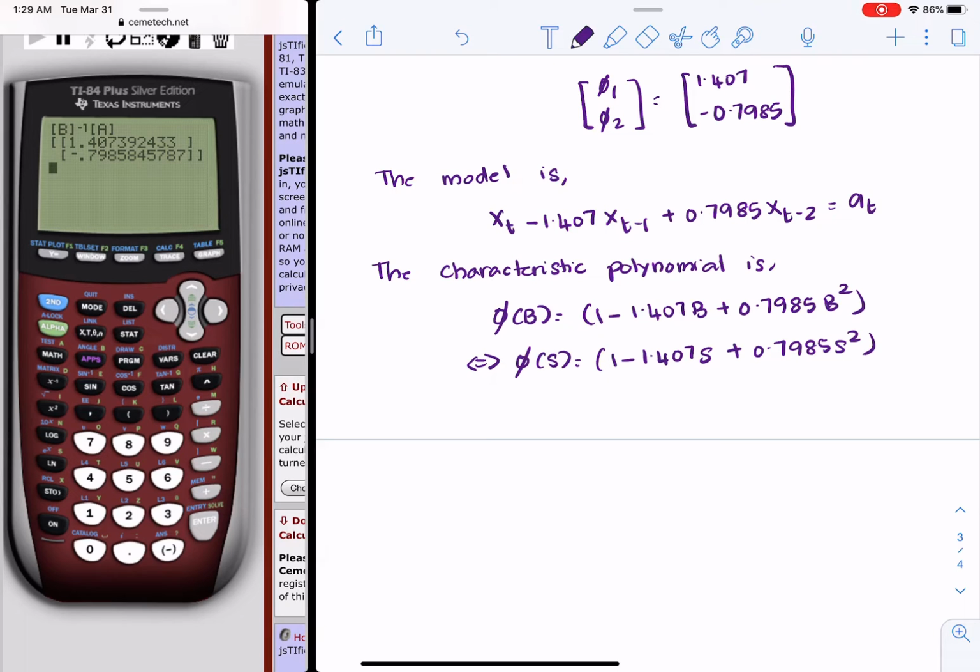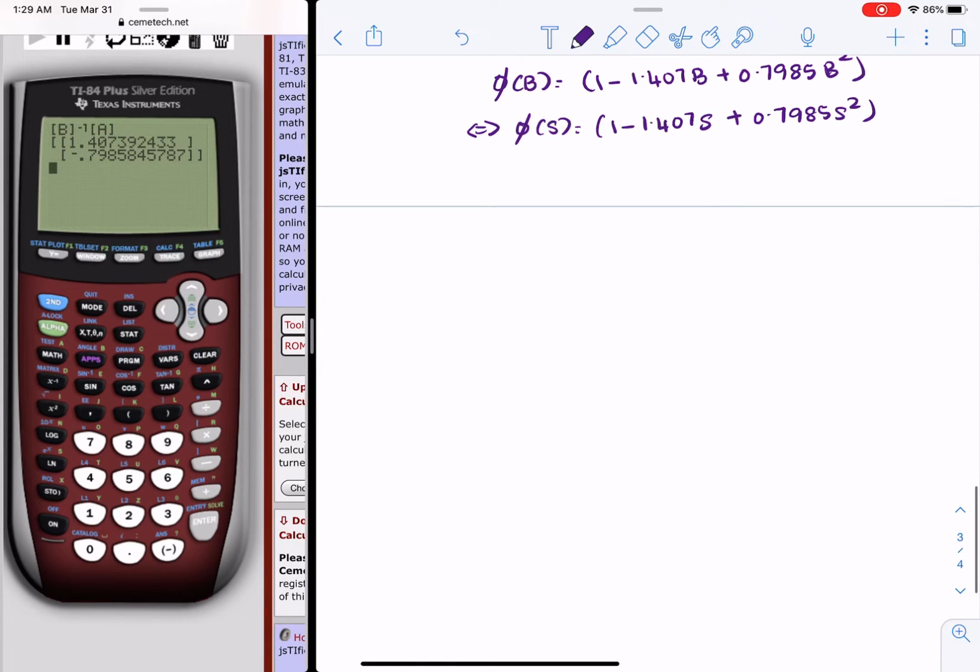Typically, phi1 is greater than 1. It is more than likely that we are going to end up with complex roots. So using the quadratic formula,